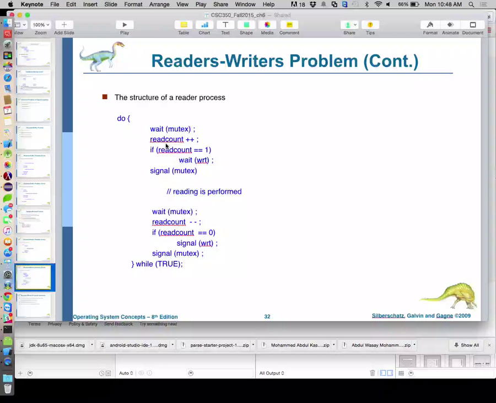So we're incrementing that read count prior to checking to see if we're the first reader. If we're the first reader and there's currently a writer, we're going to wait for that writer to finish writing so that we get the current version of that file.